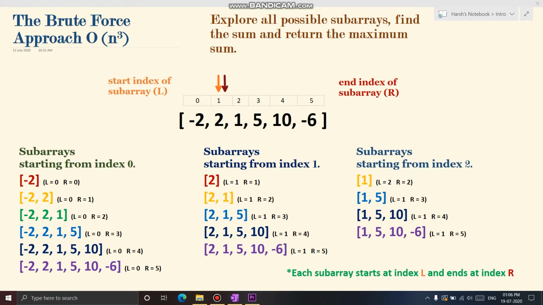Similarly, now we are going to produce all subarrays that start at index 1. Again, a subarray that starts at index 1 may end at index 1 itself, or at index 2, index 3, index 4, index 5. After this, we are going to produce all possible subarrays that start at index 2, like this. The only thing that remains now is to compute the sum of a given subarray, which can be computed easily just by traversing it. So that was it.